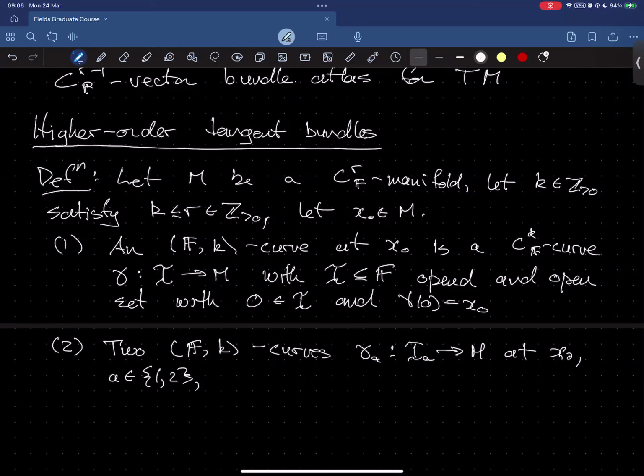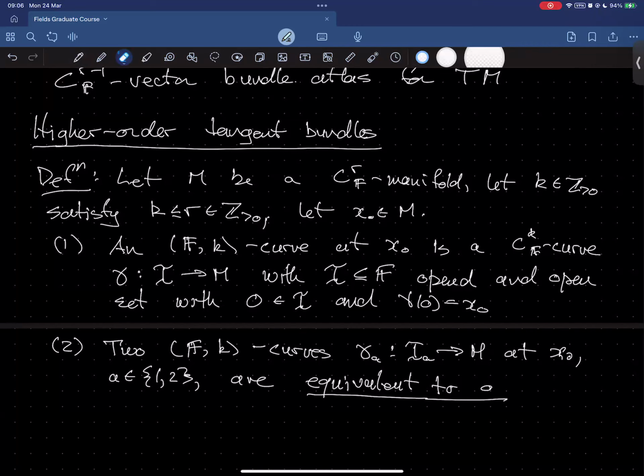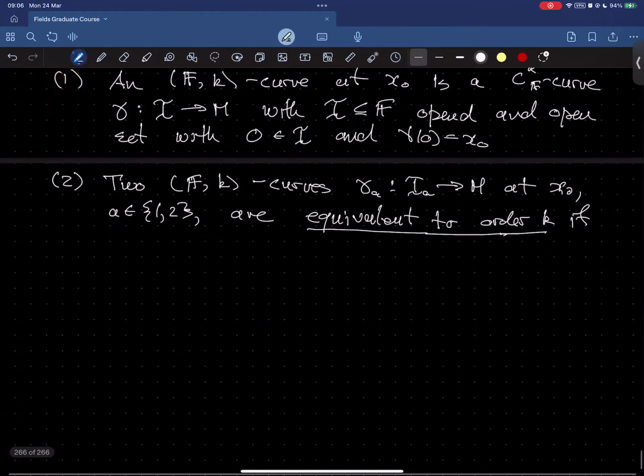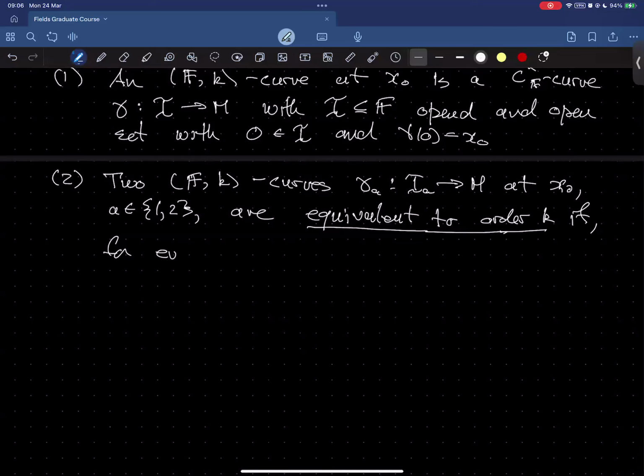I'll say that these are equivalent to order k if, and the definition is rather the same as the definition that we had for equivalence of curves when we defined the tangent bundles in the case of k equals 1, and that is if for every admissible chart (U, phi) about x naught,